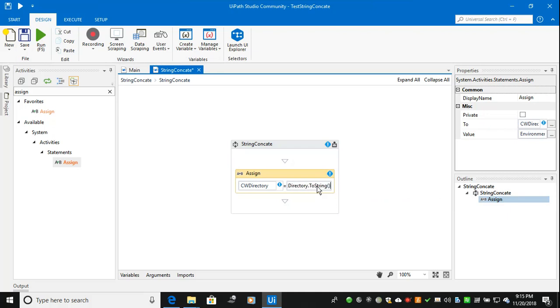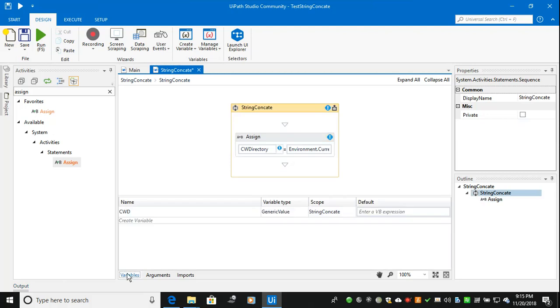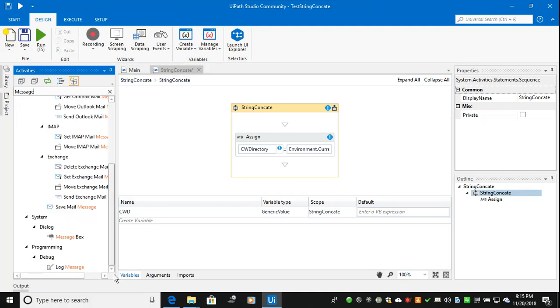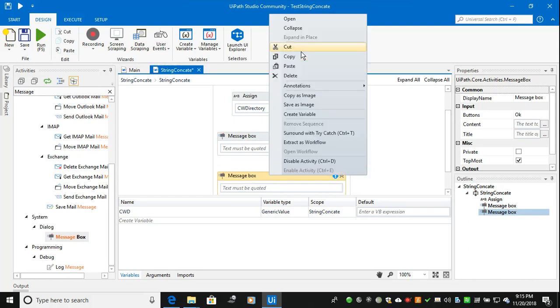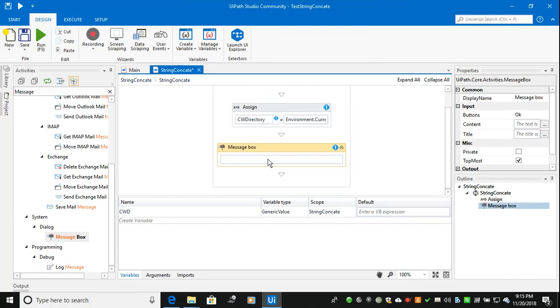So here my variable has been created as a generic value. My scope is inside the string concat. So the second thing is, what is the path I have to show in the message box. Message box is